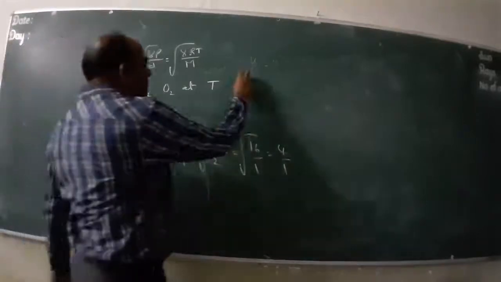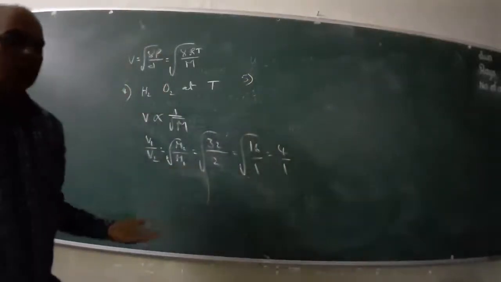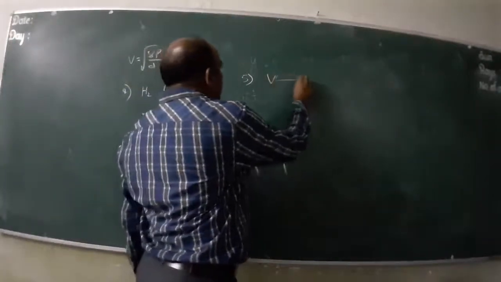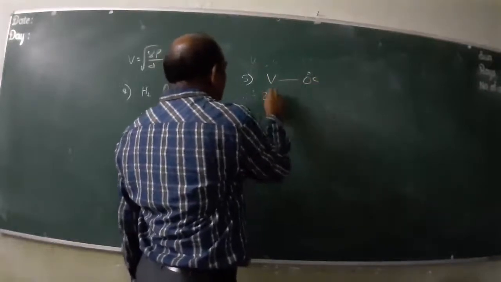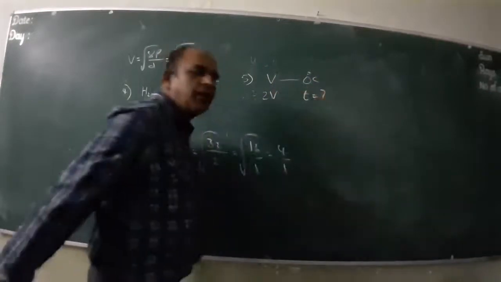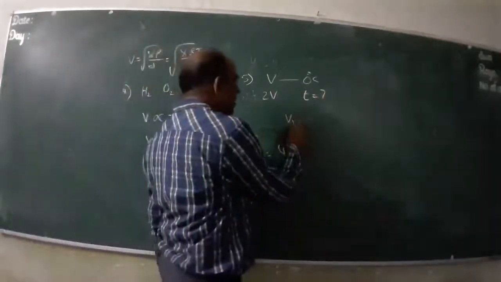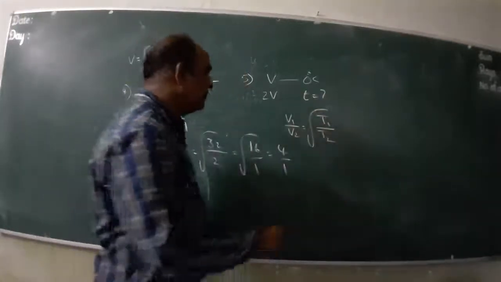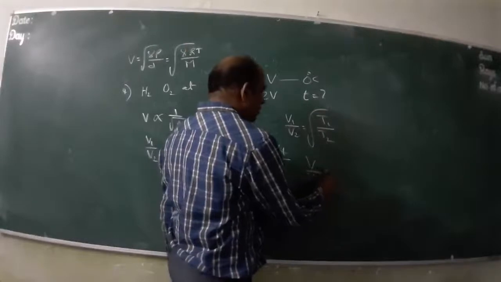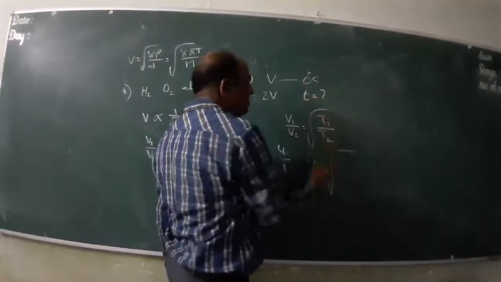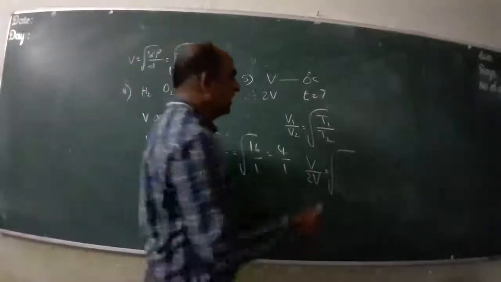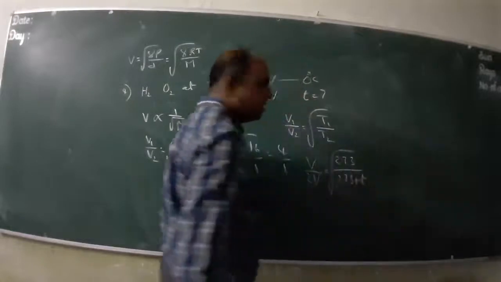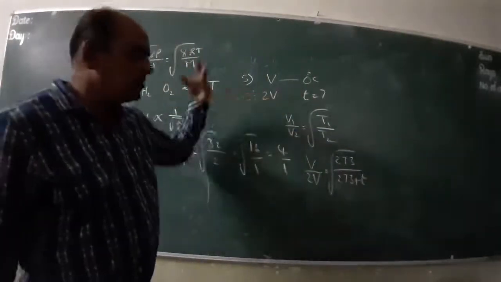And the fifth problem: at what temperature is the velocity of sound double that at 0 degree centigrade? The velocity of sound at 0 degree centigrade is V. At what temperature will the velocity of sound be doubled? The relation is V1 by V2 is root of T1 by T2. So V by 2V is equal to root of 273 divided by 273 plus small t, because you have to convert the temperature from degree centigrade into the Kelvin scale. At a temperature t, the velocity of sound is double.